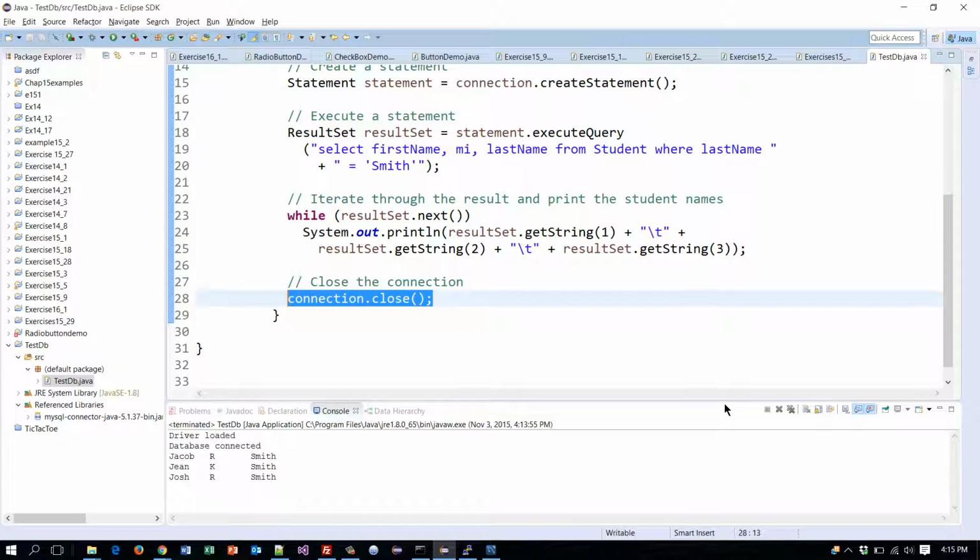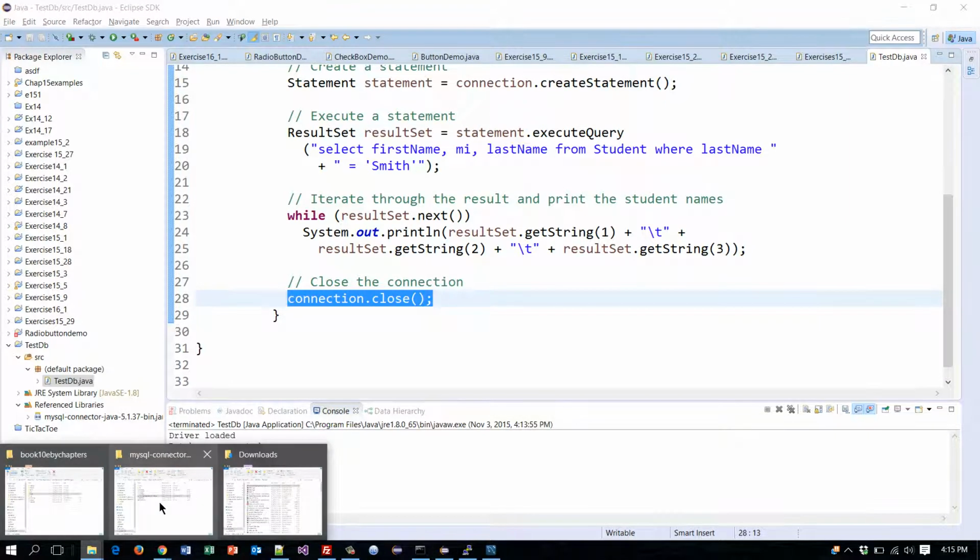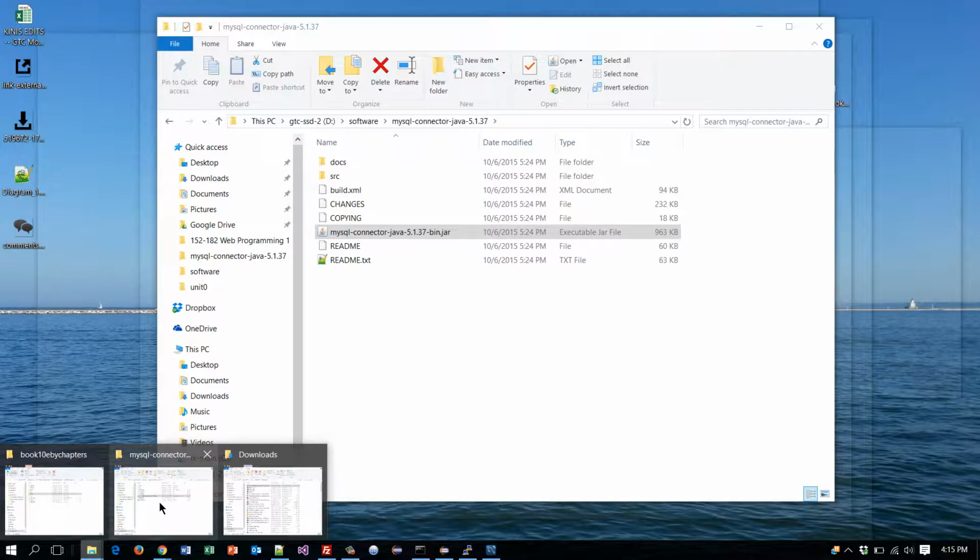And I know that for most of us, it's preferred that we can do things graphically. It will require a significantly larger amount of code because not only do we need to do all this database work, but we also need to create all the elements that are going to put it on the screen for us. So let's now jump back over to the source code for the book,